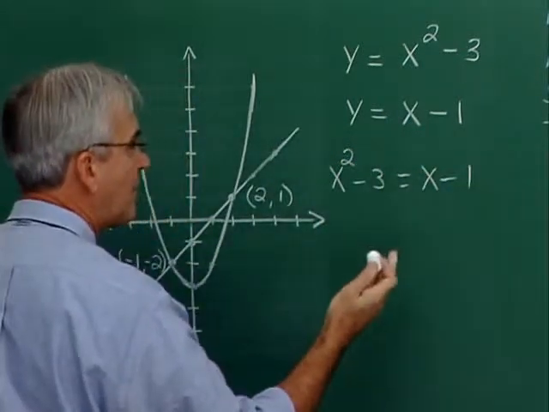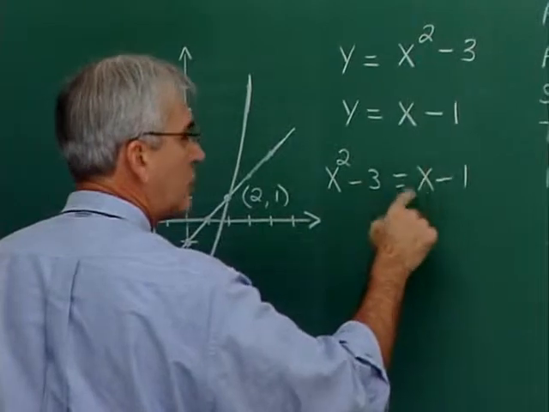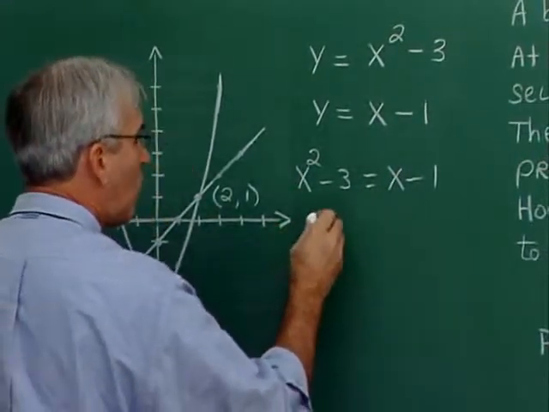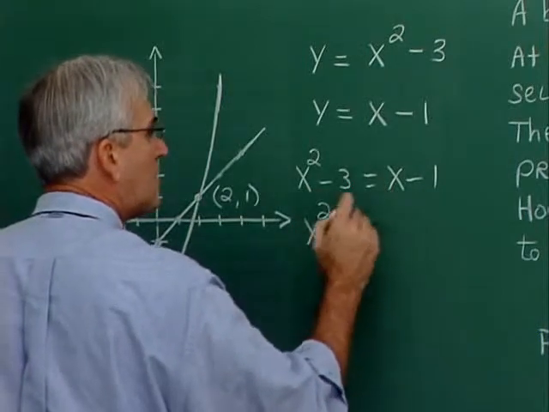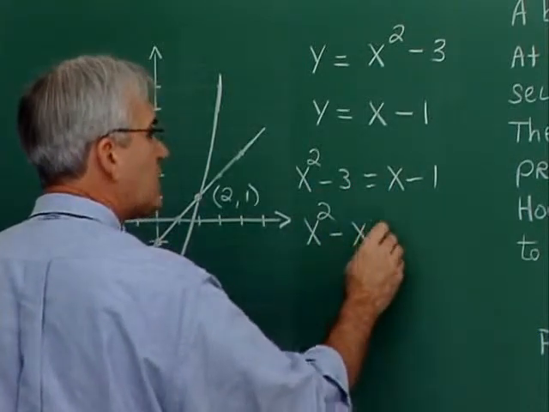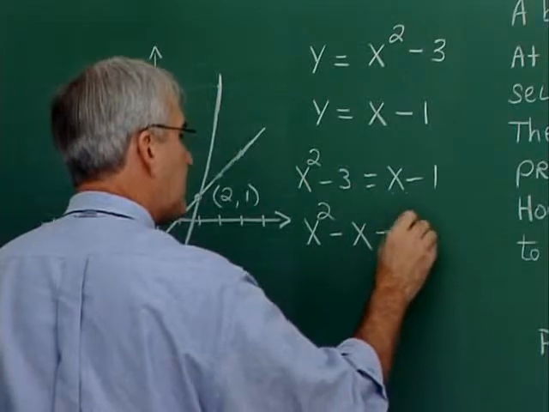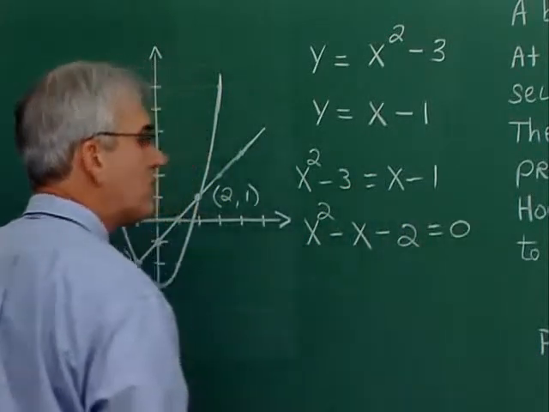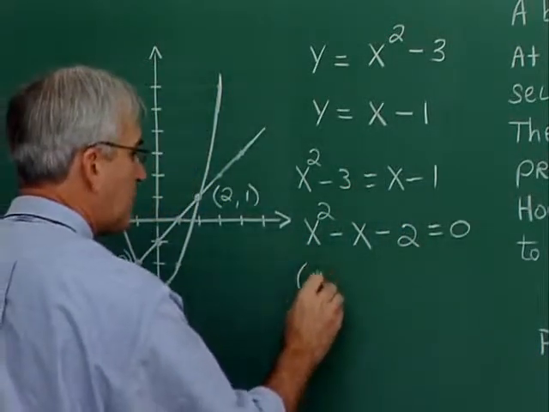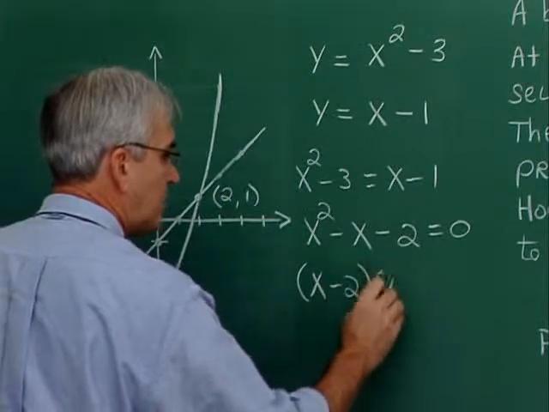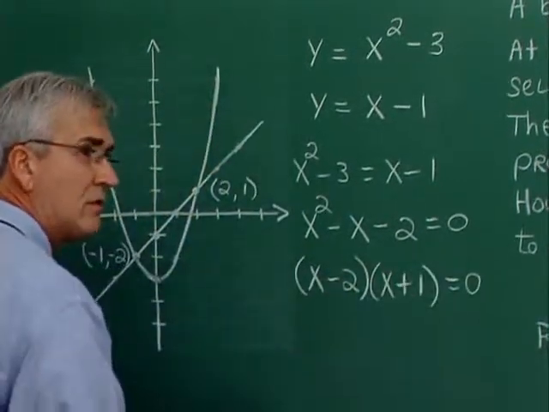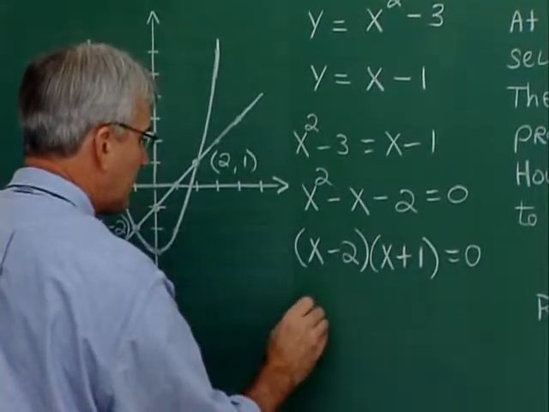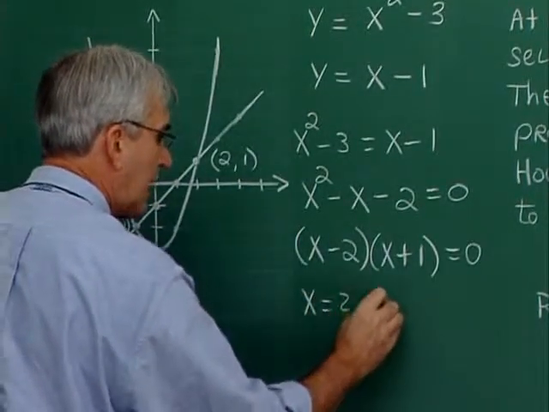And I go through and solve this. Well, let's see, I need all the terms on one side. It's a quadratic equation, so I'm going to try to solve by factoring. I've got x squared here. When I subtract x on both sides, I get this. When I add 1 on both sides, I get minus 2 on the left, and on the right I have 0. Now factoring, I get x minus 2 times x plus 1. And then the values of x that are the zeros for the factors are x equals 2 and x equals